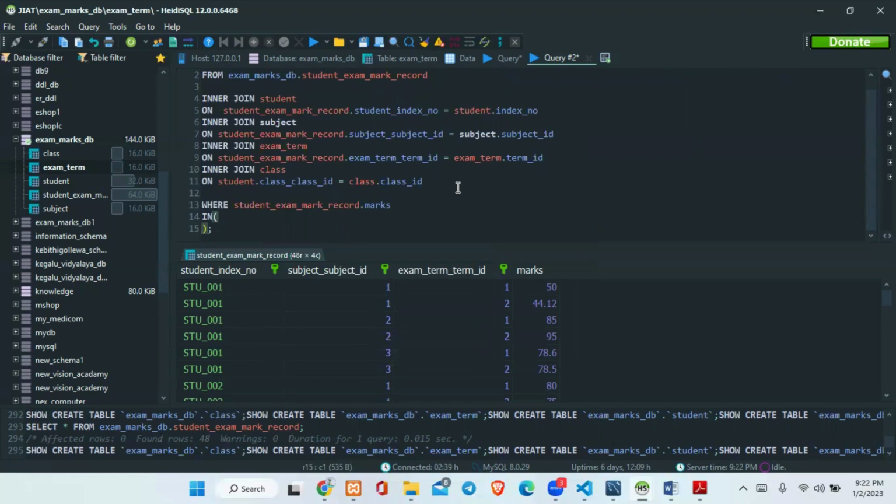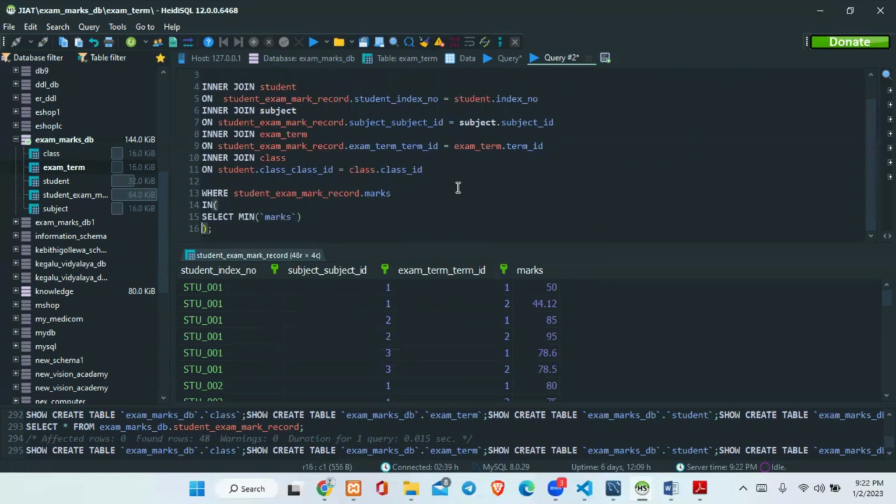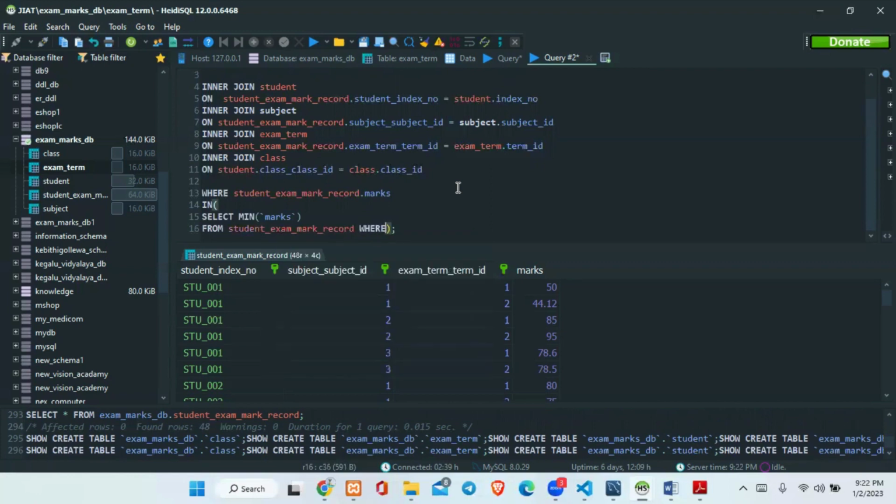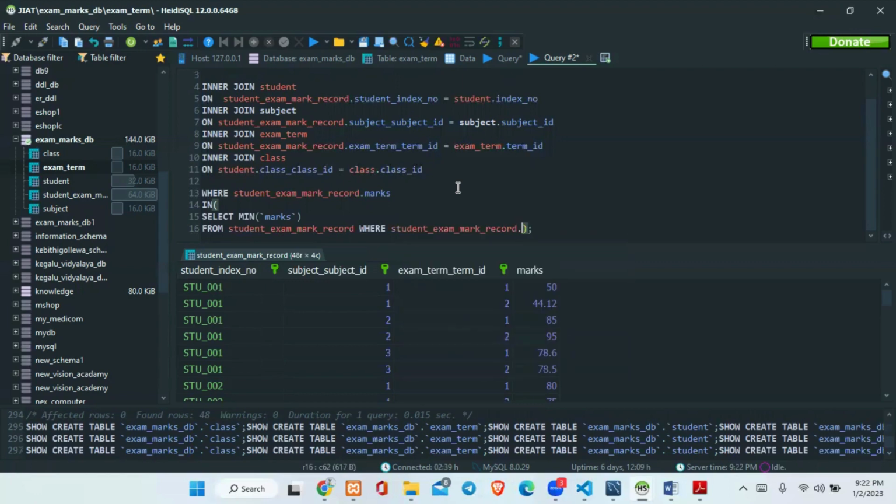So I'll give it in select min, and we'll give marks from student exam mark record, where student exam mark record dot subject ID,